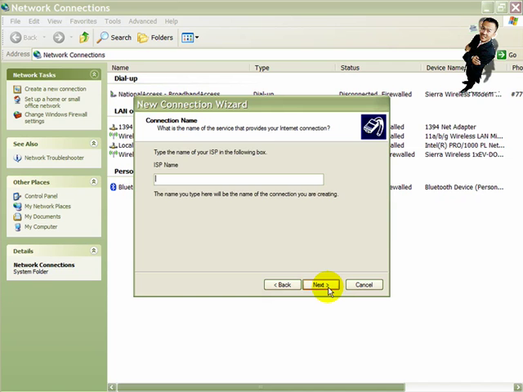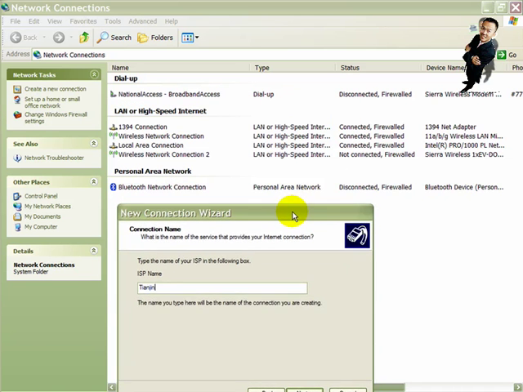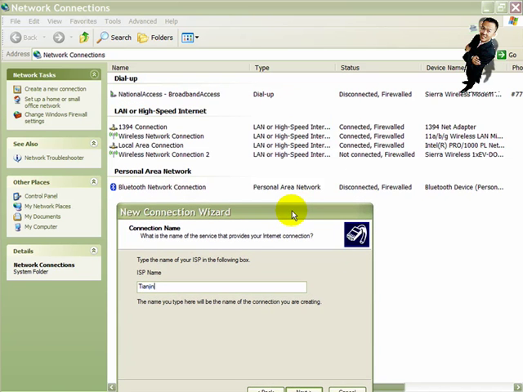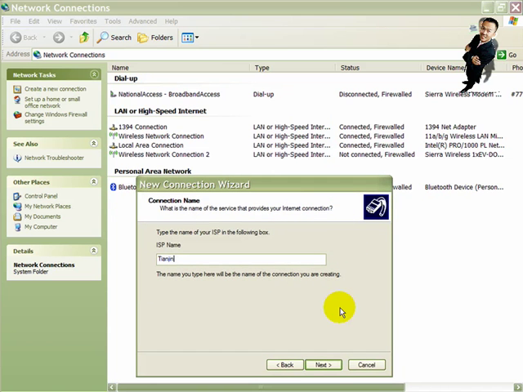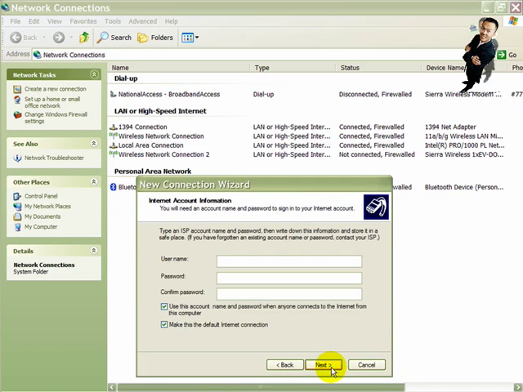So you hit next, give it a name, and I'm going to name it Tianjin. As you'll notice, there is no network on my network named Tianjin, so we'll name it Tianjin, and then you hit next. You'll input the username. In my case, the username are numbers. Yours may have characters and symbols. And then you'll input the password,